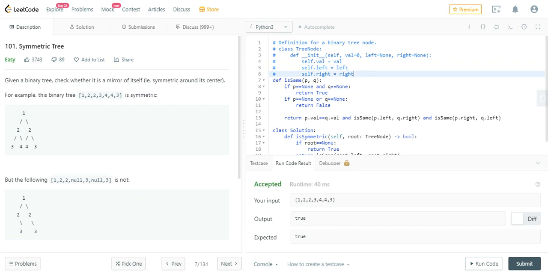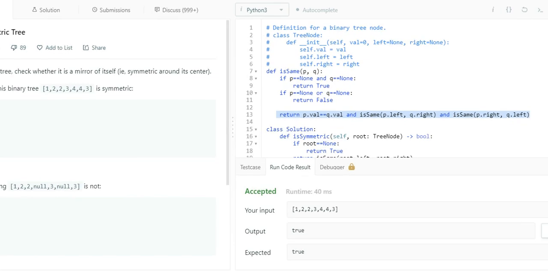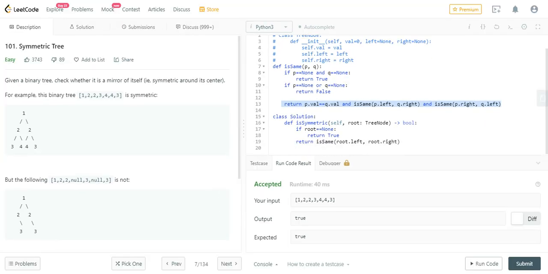So our code is done, but this session doesn't end here. The motto of the video is not to just do the code itself, but to generate the idea of how you can get into the code if you're a complete novice like me. My idea is to generate the feeling of how you can think of the code. So let's do it. It has a code here, right? We called it to check if the left and right subtrees are the same or not, right?